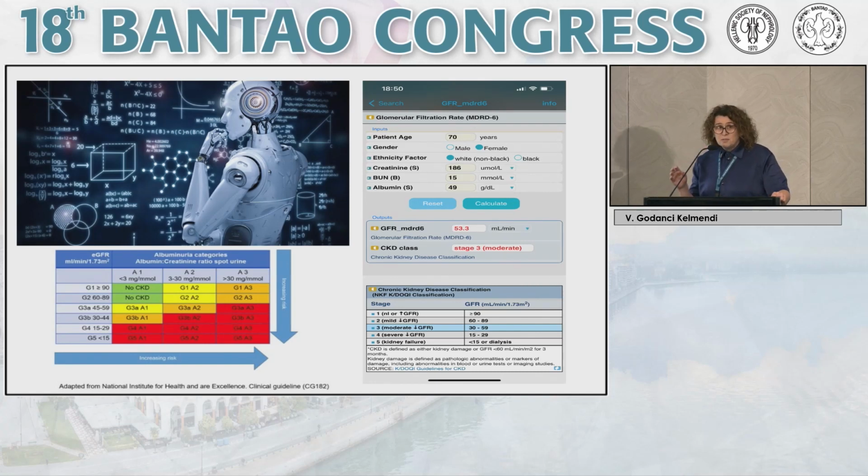I recall during my residency in nephrology, our assistant professor taught us how to grade the CKD through creatinine levels, not the eGFR. If the creatinine is 100, you have stage 1. If the creatinine is 200, you have stage 2, and so on. And if the creatinine is above 500, then you have stage 4. Nowadays, this has changed a lot.